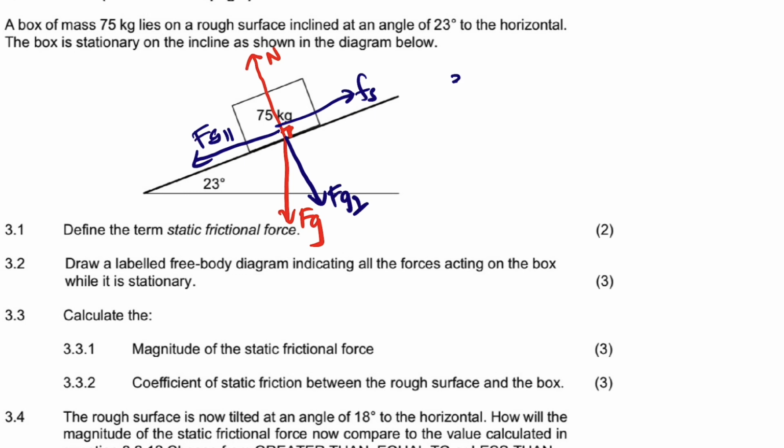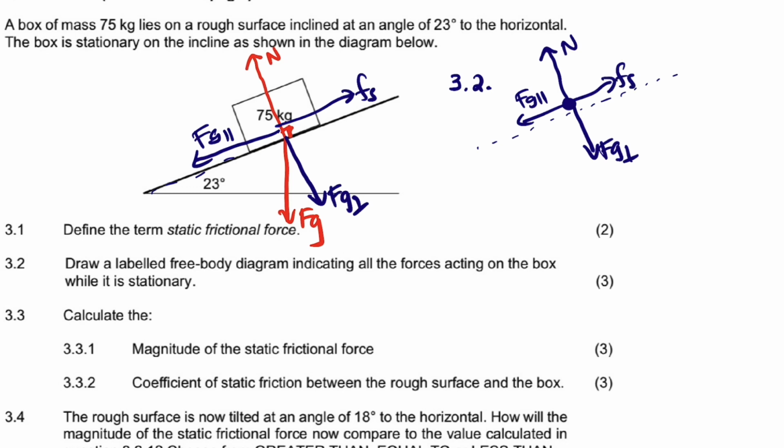So drawing the free body diagram now in 3.2, guys, since the surface is on an incline, you can make a broken line representing that incline, and represent the box by a dot, with the normal force, FG perpendicular and FG parallel,